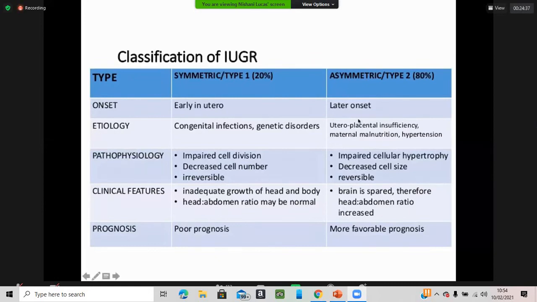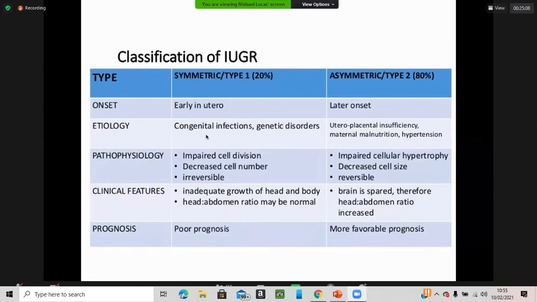Right, sorry about that. So, asymmetric growth restriction is mostly due to uteroplacental insufficiency or maternal nutrition issues, right? That happens because of impairment of cellular hypertrophy and decreased cell size, and it can be reversible. So why do we say it's reversible? If the baby is taken out of that particular environment, the baby can resume its growth according to its genetic